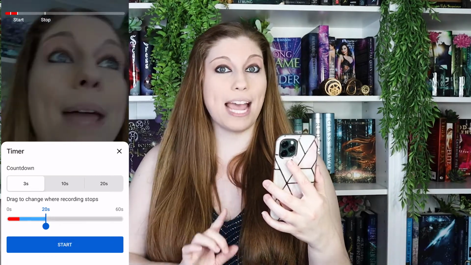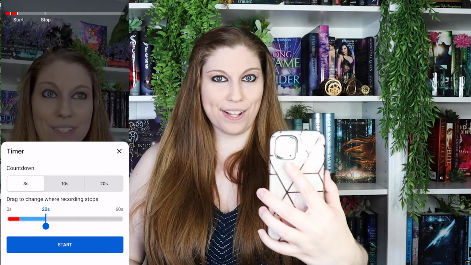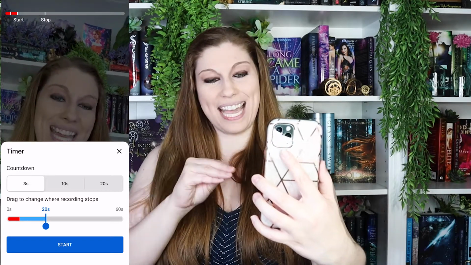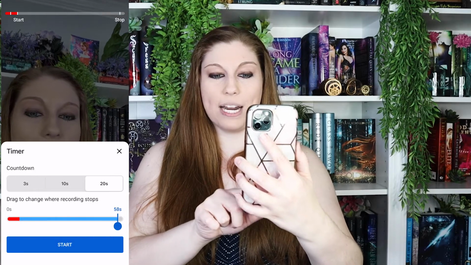So when you do the countdown timer, you don't have to hold the button down manually. You can set it up on your tripod, back away from it, and it will do the 3, 2, 1 countdown, and it will then start recording on its own and cut it off wherever you have indicated it should cut that off. So again, you can switch your timer, you can drag where you want it to end, and